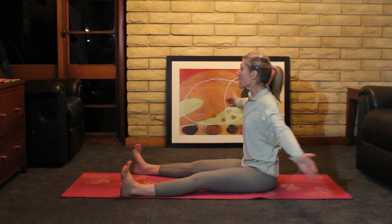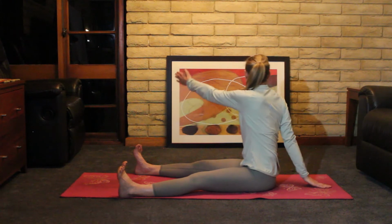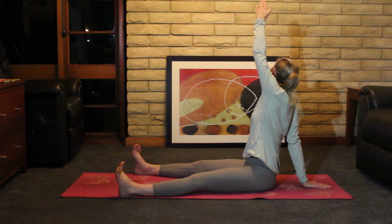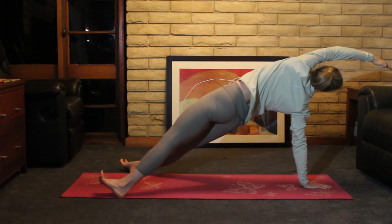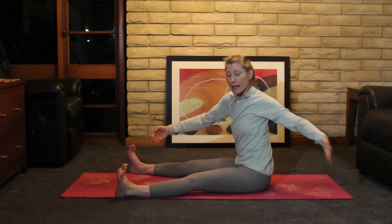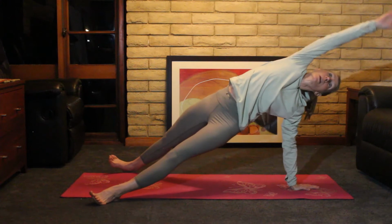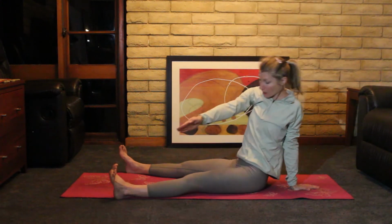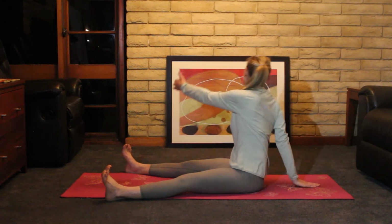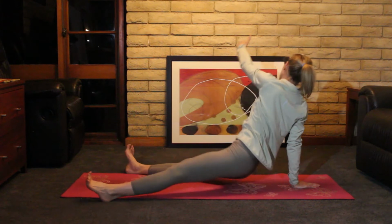Pause when you come around to the right, hold, and then take the hand behind where you could just lift that arm up and stretch back, or you can press up into your wild thing and breathe into lower. Exhale, rotate left, glide forward, and again choose the option that you prefer. Lower down. Rotate, glide forward, and again, as you press up, if you've chosen wild thing, make sure that you